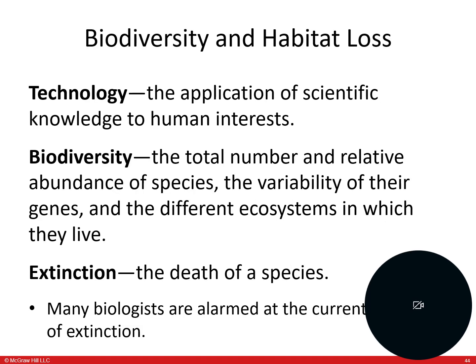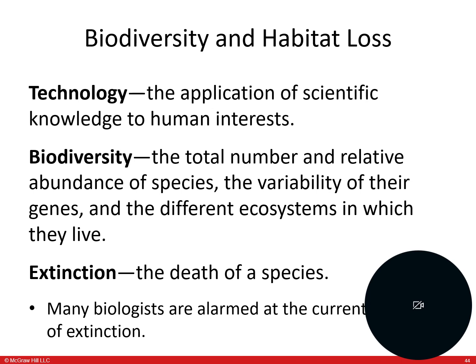So continuing on for just the last little bit of chapter 1 here, we're going to look at the terms biodiversity and habitat loss. So these are things that you hear about in the news, like rhinoceroses are going extinct, for example. So technology, as we use just the word, of course we all know what this word means, but in a strict definition sense related to science, it's the application of scientific knowledge to human interest. So in other words, we're manipulating the science, we're manipulating the technology to fit what we want to better do in science, whether it be treatments for cancer or realizing certain genes and what they may predispose somebody to.